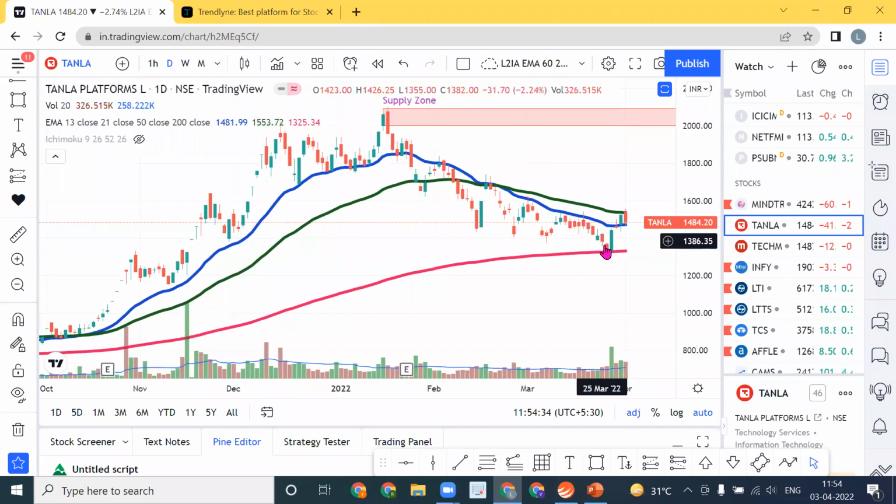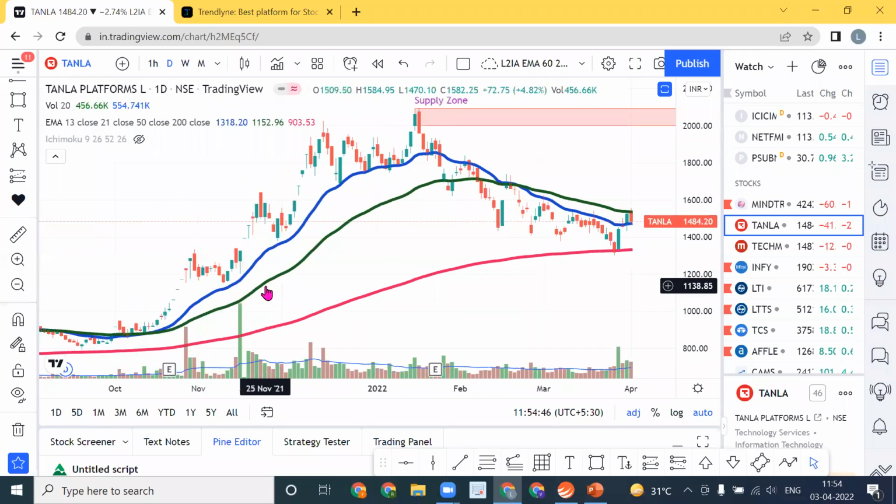Now there are many small candles, so I will not consider this as base. I will not consider this as base. Then I go backwards. This will be all overlapping. So the nearest base I will be able to find is somewhere here: drop, base, and a gap up is there. The gap up which is going up, it means we can consider it as a rally. So you can consider this as a